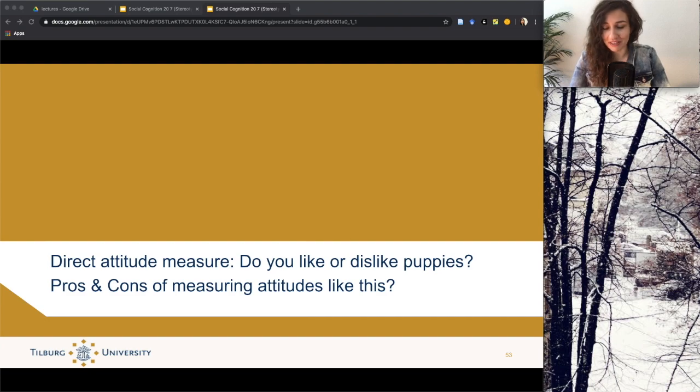So perhaps it already makes sense to you why I'm pointing this out. I'm talking about a direct measure of attitude. Take this example about me telling you that I really like dogs, but now I want to know if you like dogs. And you're in a position where I will be grading your exams in the end. So think about pros and cons of measuring attitudes in this direct way, when people, in this case you, feel like their attitude will be observed by someone else, in this case me, who even has some kind of power over something that's important to them.